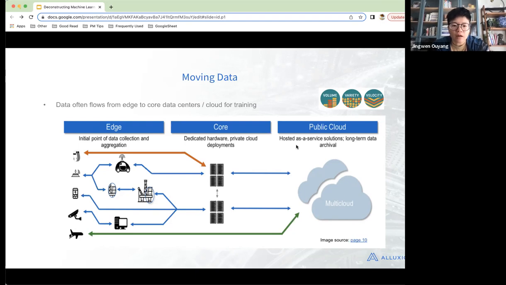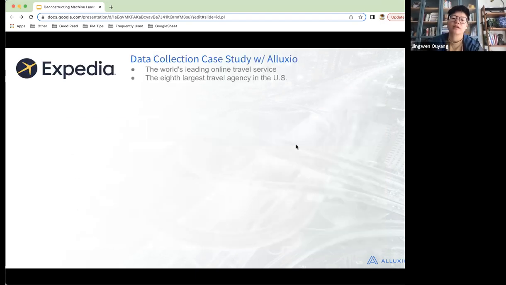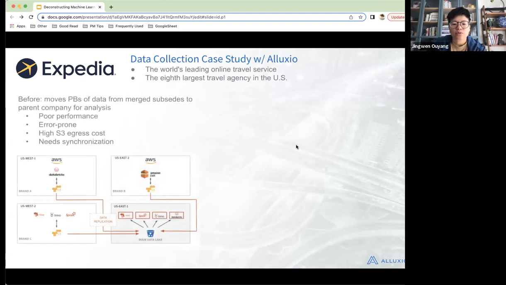So with this, we'll showcase a case study that we did with Expedia, which is the world leading online travel service, and it's a very large travel agency in the US. So what they used to do when they collect the data, some background is that sometimes companies acquire different subsidiaries, new components.